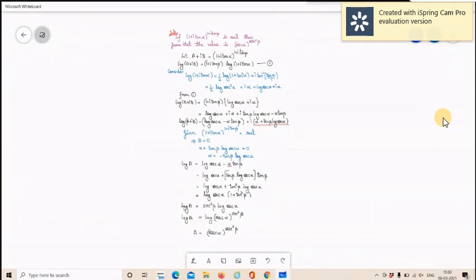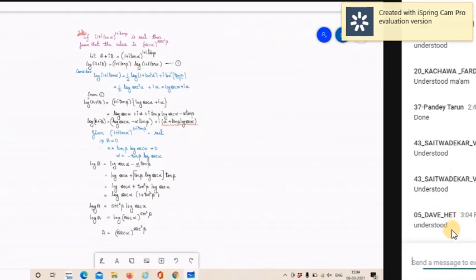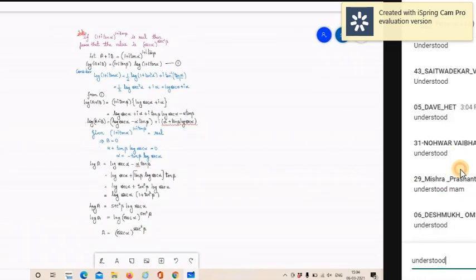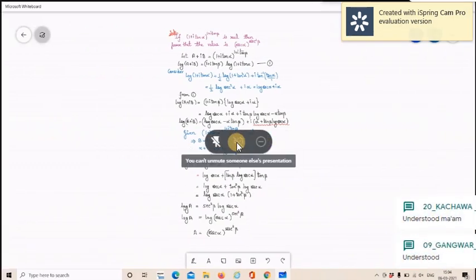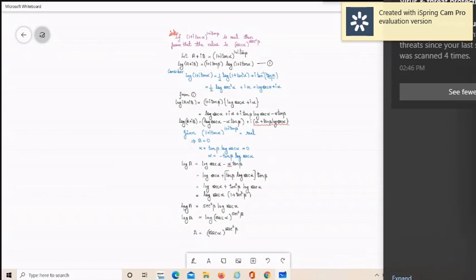Yes, ma'am, where you have written b is equal to 0, from where is that? Our question says it is a real part, right? If the question is real, what have I considered it as? a plus ib, right? So in a plus ib, b is not there, because it is a real number. Yes, ma'am, understood. So that is why b was taken as 0. I started with a plus ib, but later on we are taking b as 0 and equating the imaginary part, and all that we are doing.